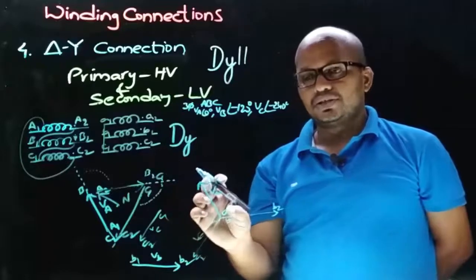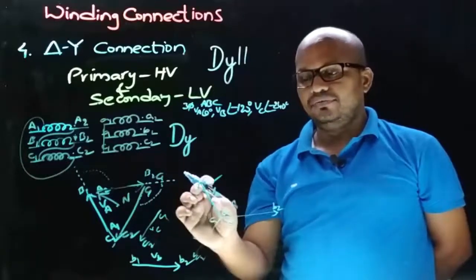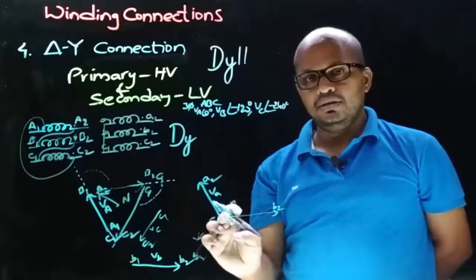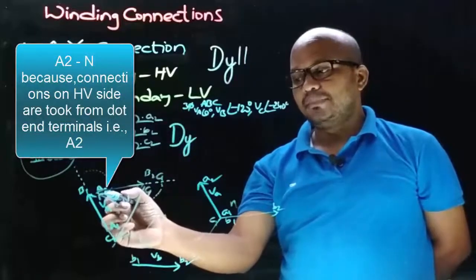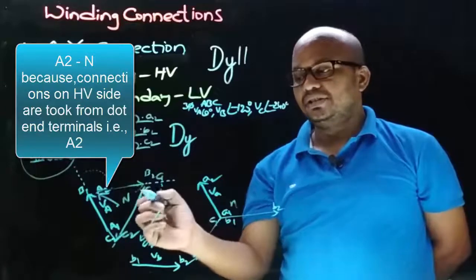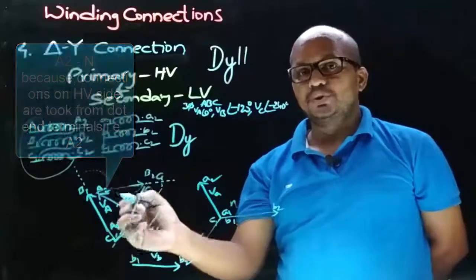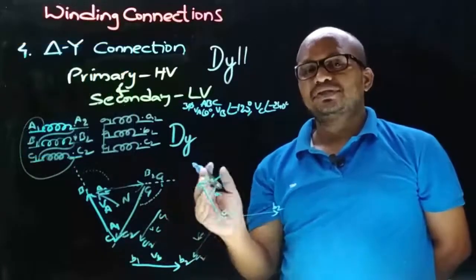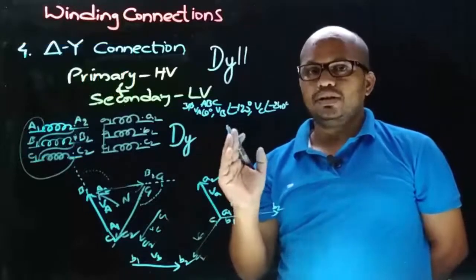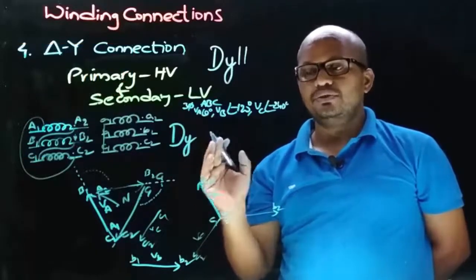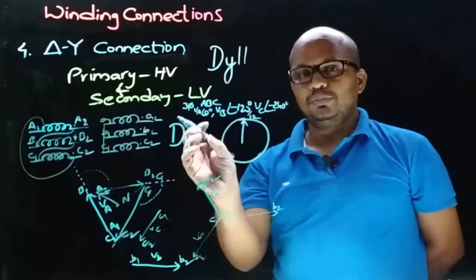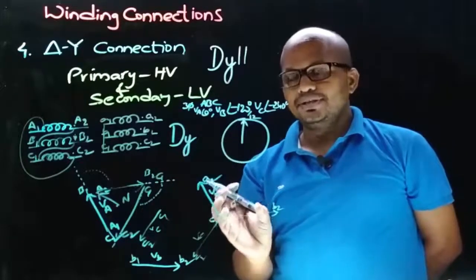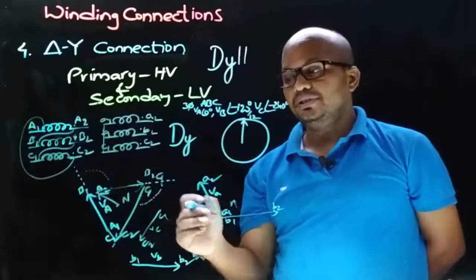So in the star connection, that is in the LV winding here, the phase to neutral voltage is small a to n, and on the HV winding the phase to neutral voltage is capital A to N. And it is studied that the HV winding phase to neutral voltage is represented by the minute needle in the clock and is always taken as a reference, so it is always shown pointing towards 12. And now to know the numerical, let's superimpose this diagram on this diagram and observe the